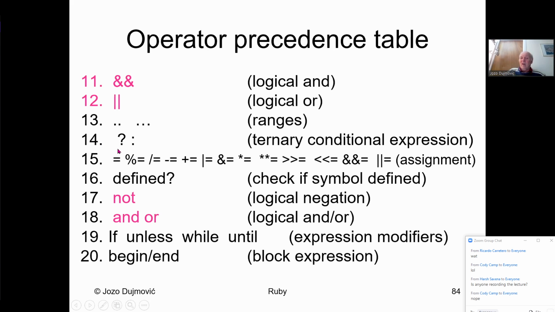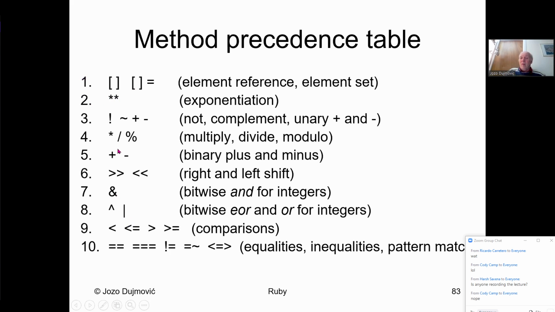This is a big language. It has a big table. So you have to expect that to understand that. So the first is reference of a component of array, then exponentiation, and then you have unary operators, not complement, plus and minus. All this unary stuff comes before binary operators,